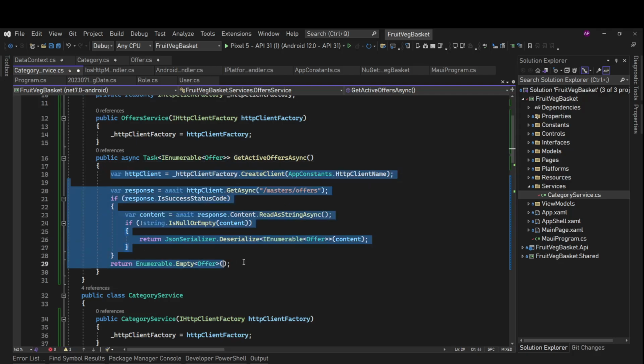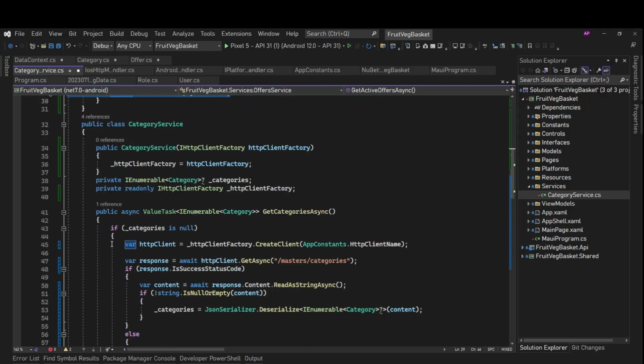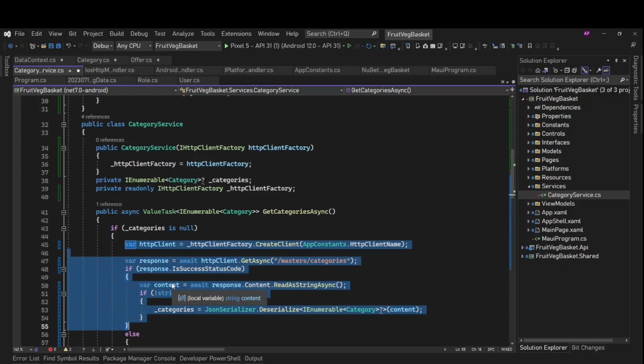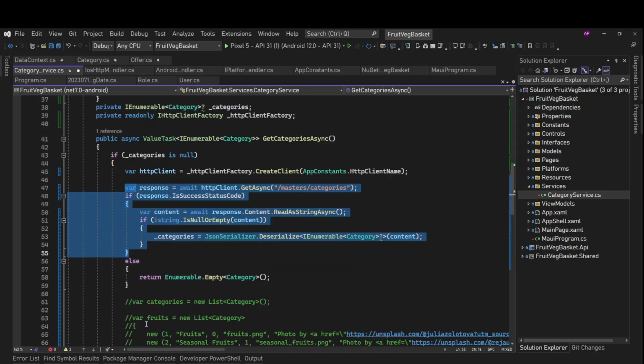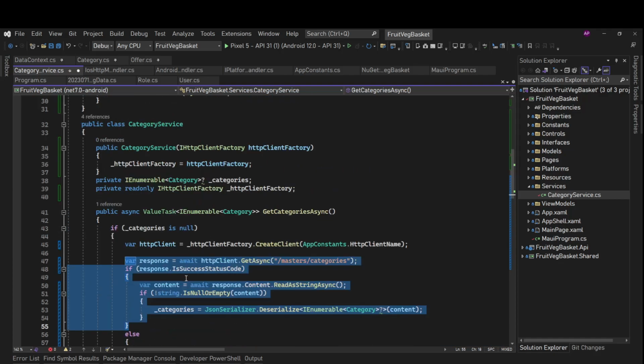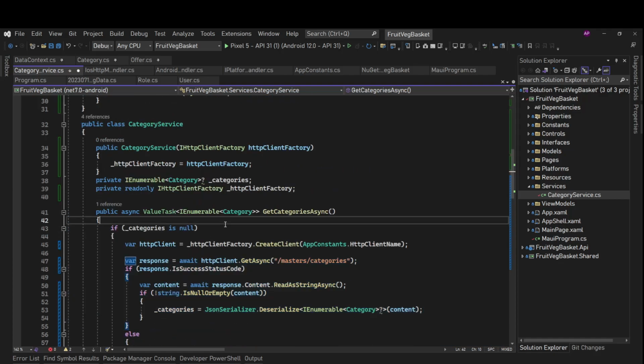Fine. So we have this logic common, duplicated basically. So we'll move this logic out to a separate service, and in any way we'll need that, because it's always a better idea to funnel all your calls from some centralized service, because later we will need to pass a token to all the calls. So if this logic is at a centralized place, we can simply add the token logic in a single place, and same goes with handling the exceptions of HTTP calls. So we can handle those from a single place.